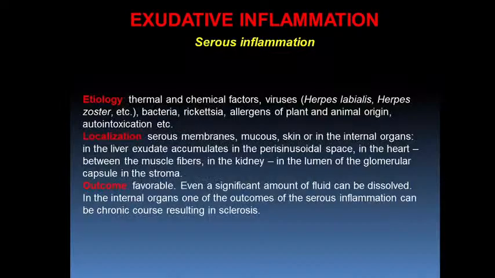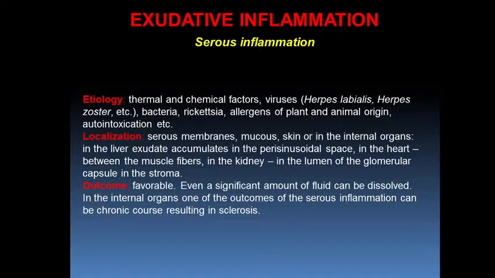Serous inflammation. It's a type of inflammation in which serous exudate is accumulated. It usually contains a not large amount of protein, more than 2%, but not such a high content of protein as in other types of inflammation. Usually it passes as an acute process. Etiology: these are thermal and chemical factors, viruses, for example herpes viruses, some bacteria and rickettsia, allergens of plant and animal origin,